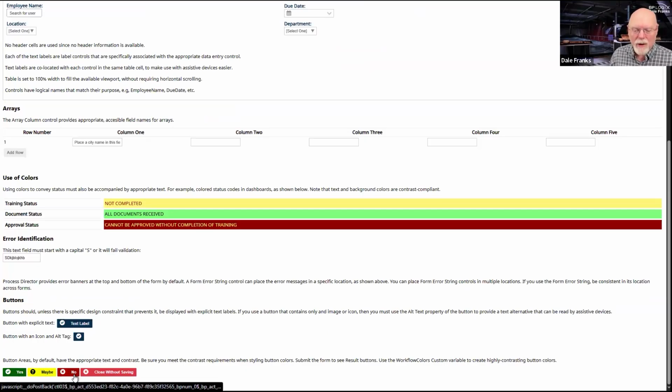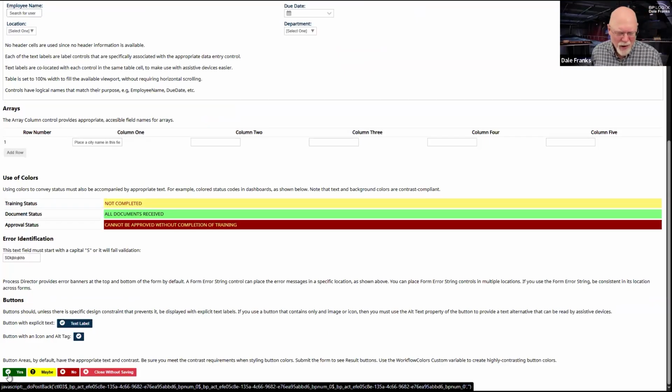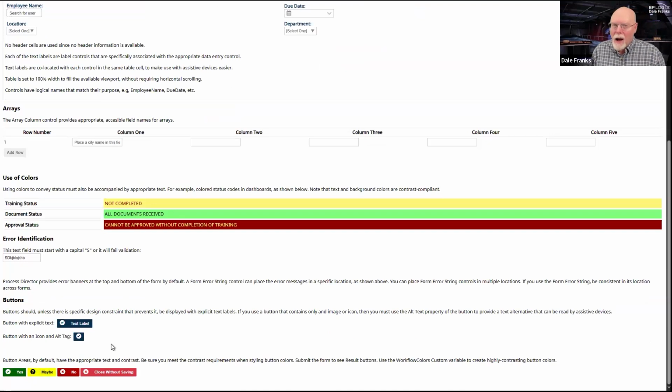Yes, maybe, and no. So I've got text, I've got icons that are different, a checkbox. That is good, right? X, not good. Question mark, we don't know. And then I have text, yes, maybe, no. All three of these things combine to make a very accessible set of buttons where I have both text and image and color.